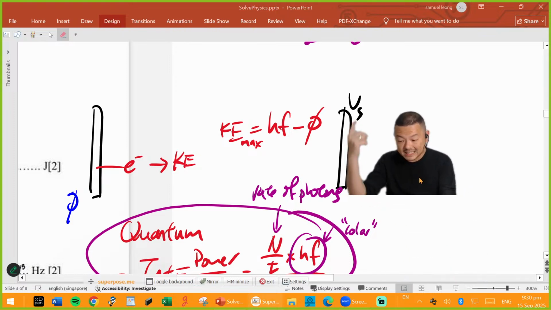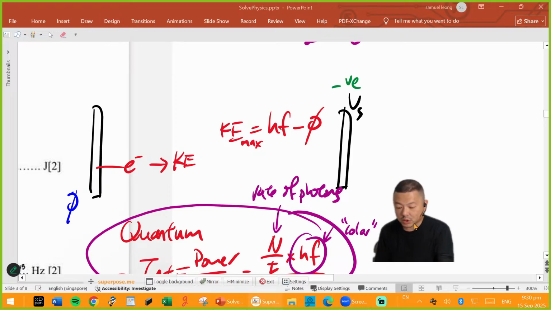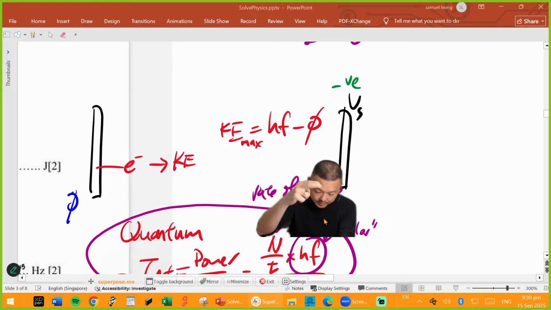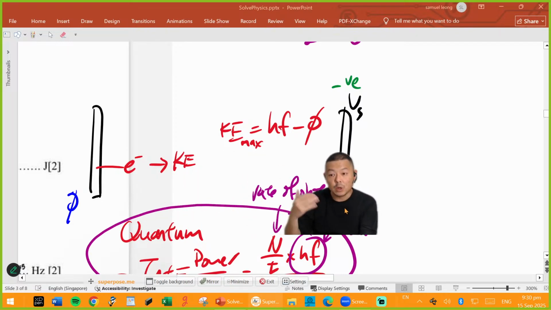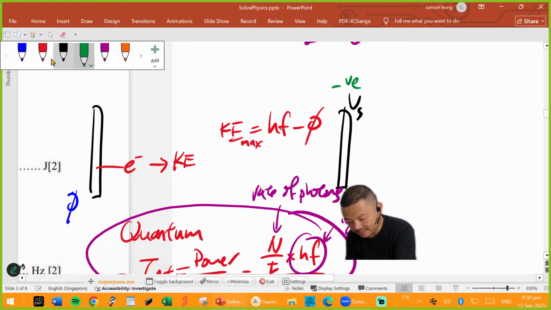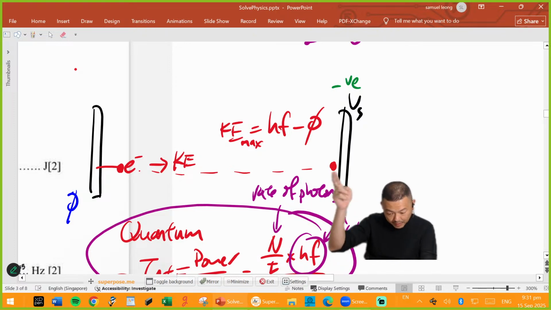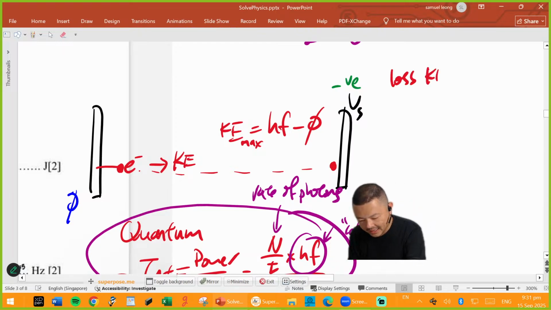The stopping potential is negative because you're trying to stop the electron. As the electron flies over, it loses KE, but it gains EPE. When the electron flies over here, the KE is 0 right before it touches the plate. So loss of KE is equal to gain of EPE,